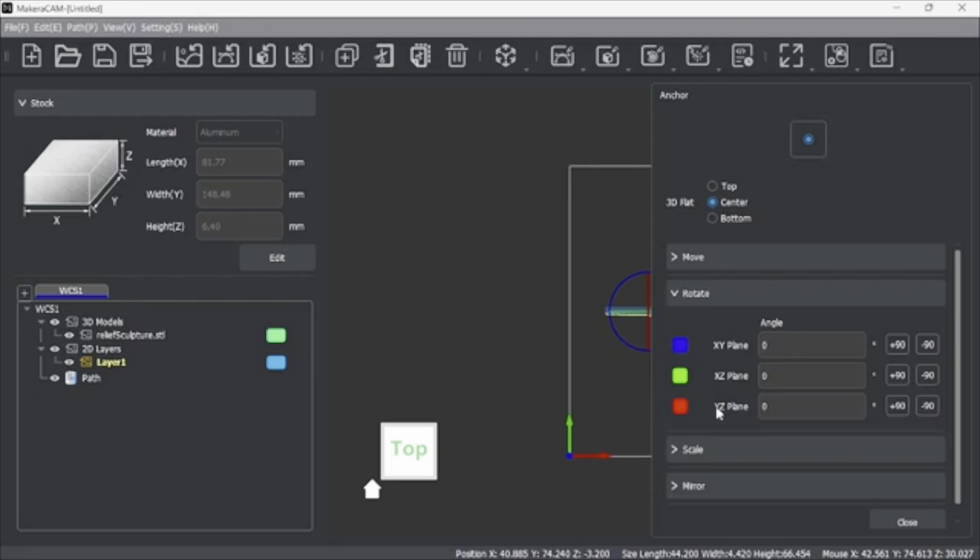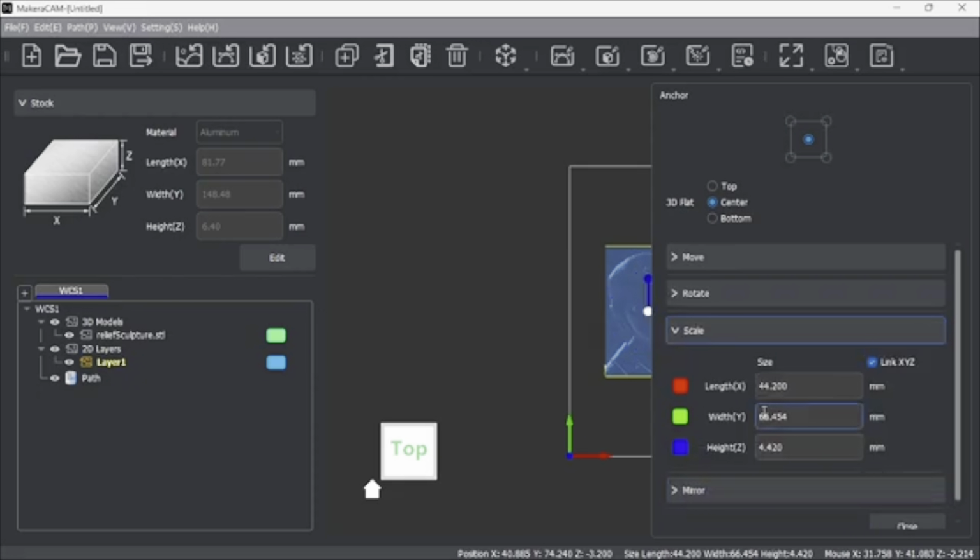and go down to the YZ plane and go -90. And then let's go to scale while we're here, and let's go up to width 85. And you notice it's linked X, Y, and Z, so we'll hit enter there. Scales it. And then let's go to move, but I'm going to change my view, so I'll go over here